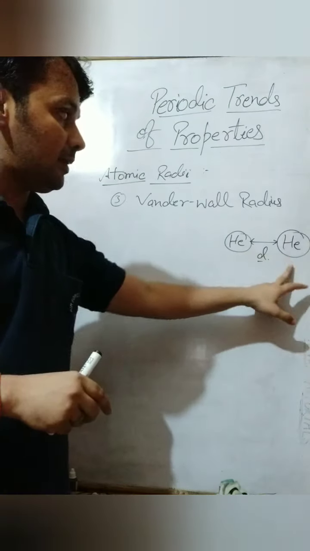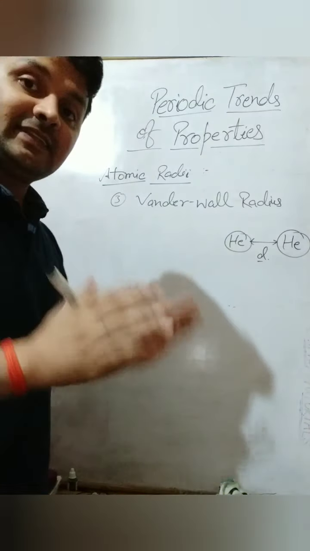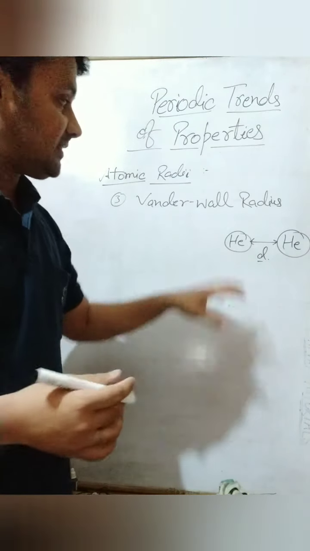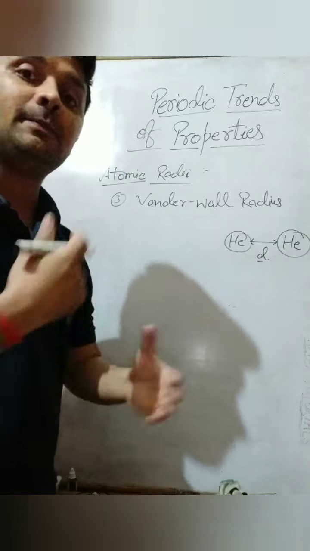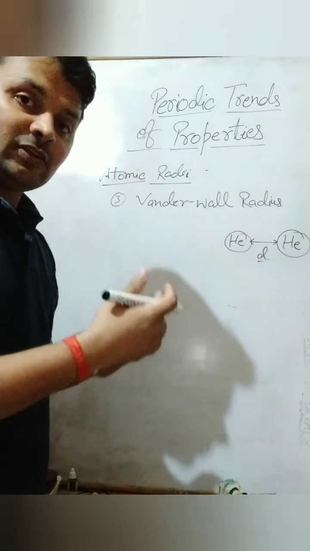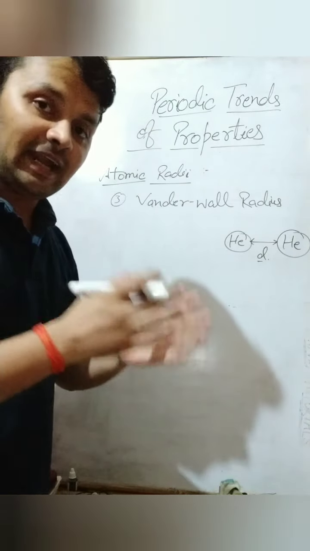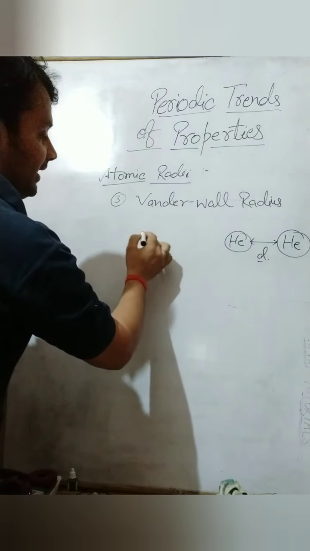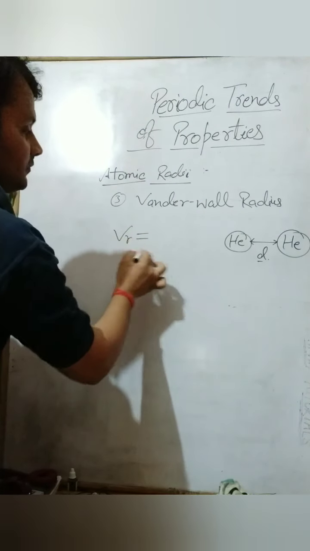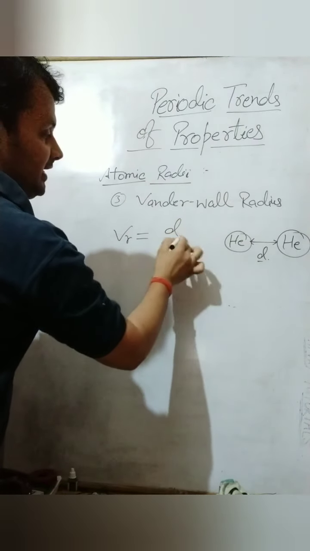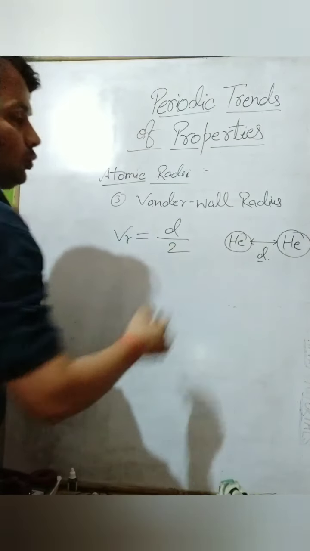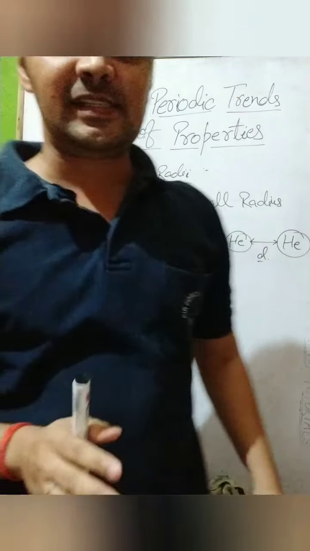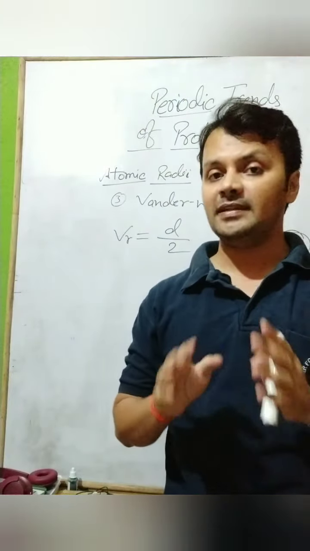Okay, so the minimum distance of helium atoms, and why are we considering the minimum distance? Because after that the same nuclear charges will start repulsion. So the atoms will not be placed together after that distance. So this is the minimum distance at which two helium atoms can be placed. So the van der Waals radius will be equal to this distance d upon 2. It will be equally distributed. Now you can see that all three distances are calculated approximately in the same way.